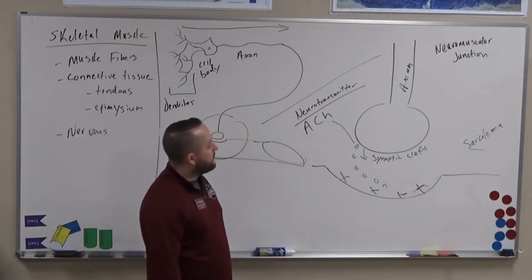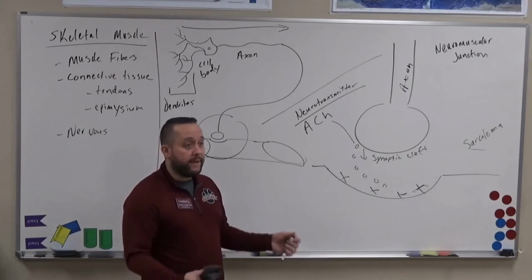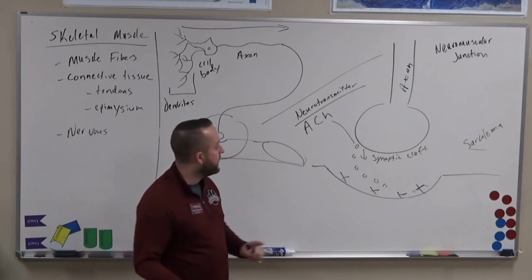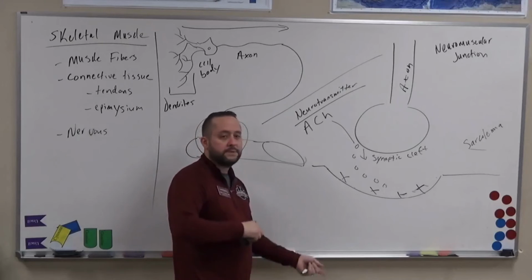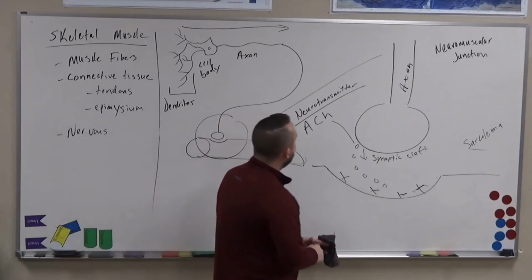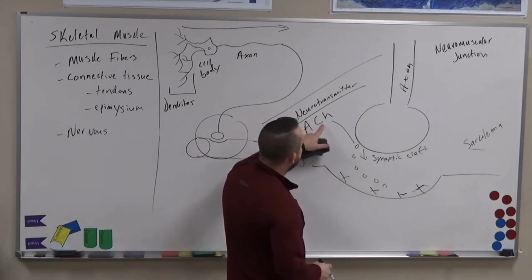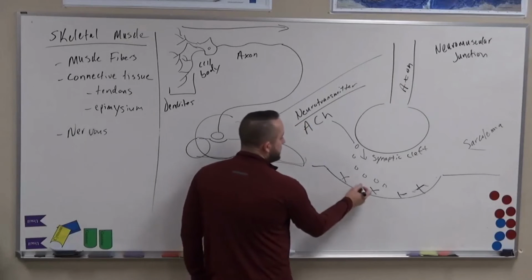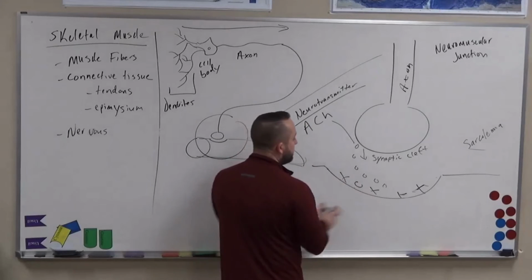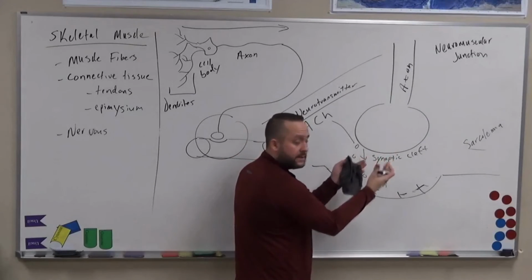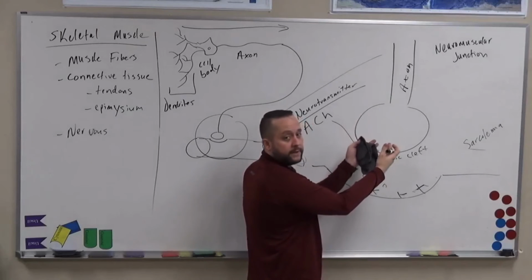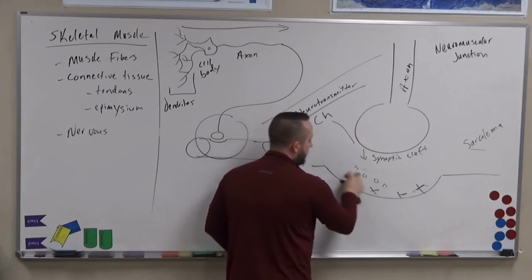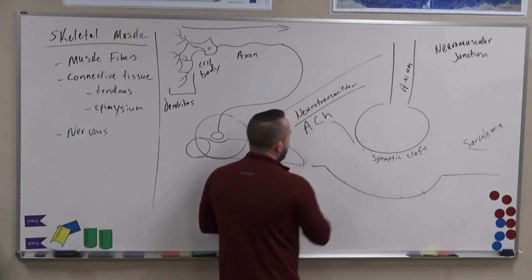Okay, so for every chemical you have in your body, you most likely have an enzyme that breaks that chemical down, because things are at equilibrium all the time. Oxygen, carbon dioxide, sodium, potassium type stuff. Well, the one that takes up this acetylcholine, once it's done its job here and this muscle needs to relax, something's got to come in and release it so it can be taken back up and reused for the next lightning fast signal. This all happens in the blink of an eye. Well, that one is called